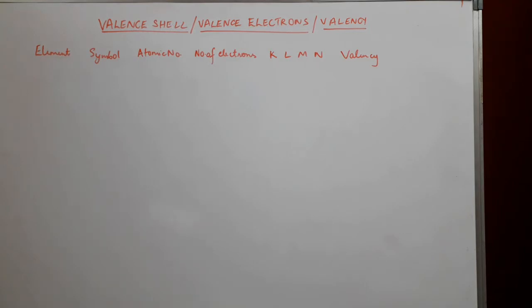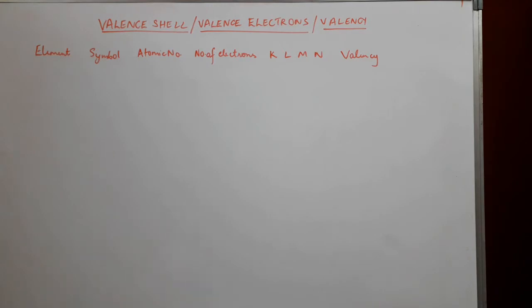Now, from the Bohr-Bury sequence, we know that the maximum number of electrons which can be accommodated in the outermost shell is 8, and every element, as we know, has an urge to have 8 electrons in its outermost shell. In achieving 8 electrons, an atom can either gain electrons or lose electrons. The number of electrons that are lost or gained by an atom in achieving this 8 electrons in its outermost shell is called the valence of that particular element.